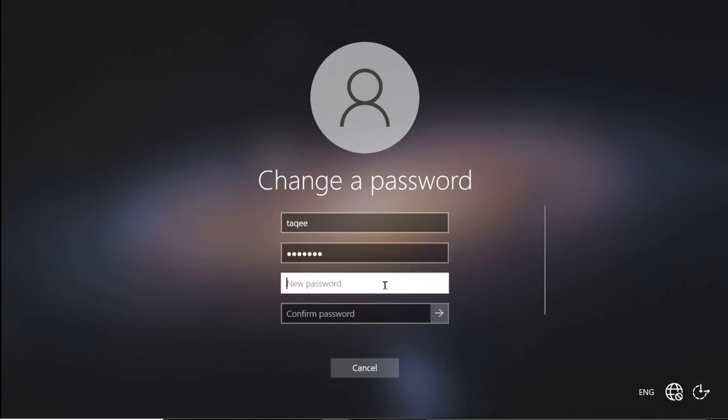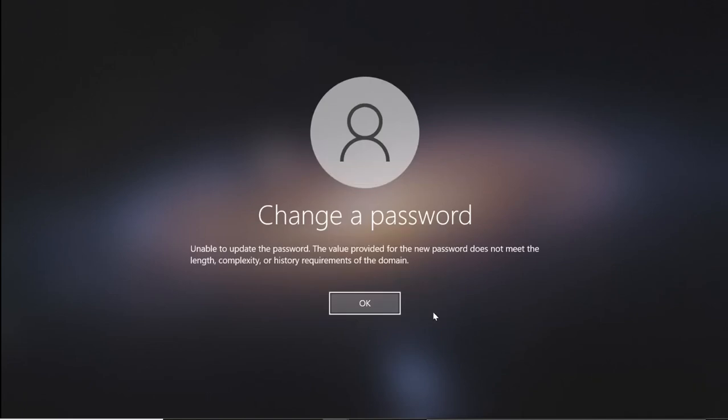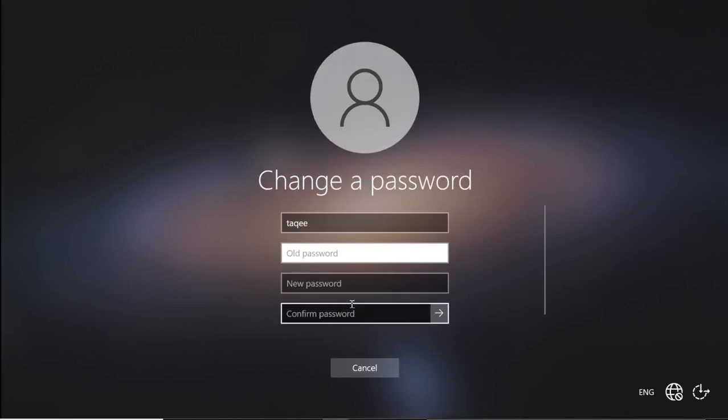I want to change it to a completely different password, let's say 123123, but it is not allowing me to change. Here again it is giving me the same error, but this time the minimum password age policy is applying. So I cannot change the password until 30 days.